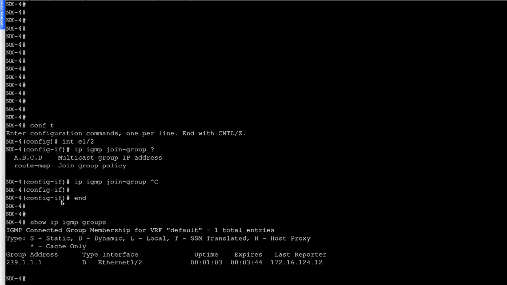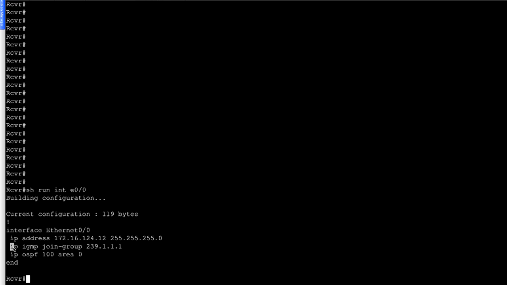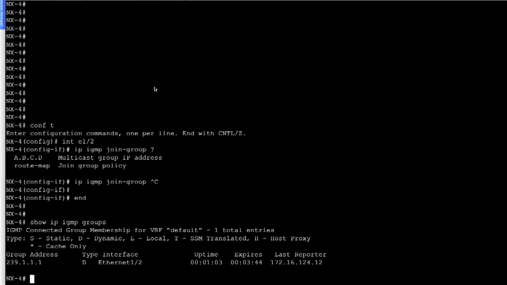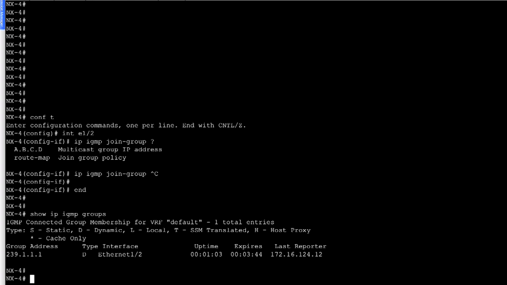In this case, we can see we have a receiver asking for the group membership of 239.1.1.1. And if you look at the receiver configuration, we have IP IGMP join group 239.1.1.1. The same configuration applies for a Nexus switch as well if you want to statically configure an IGMP join. Since we now have an IGMP join from the receiver, the next thing we are going to look at